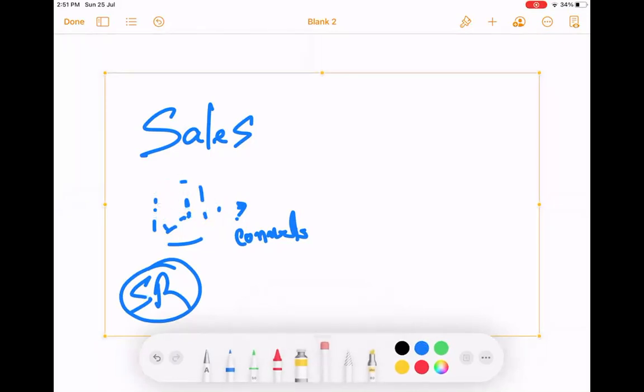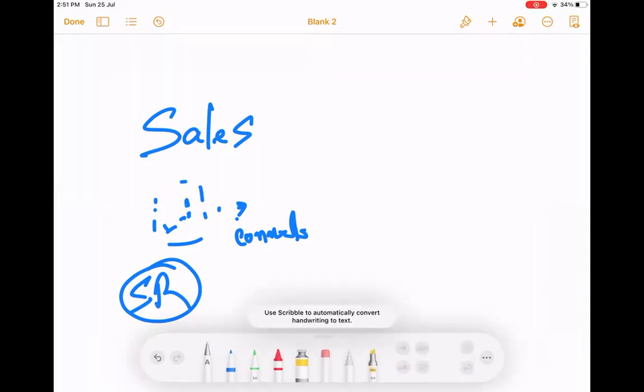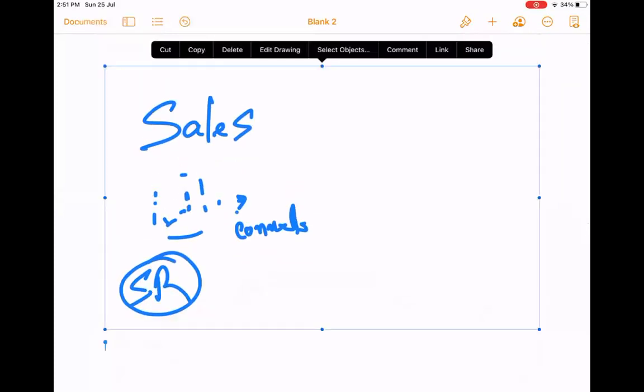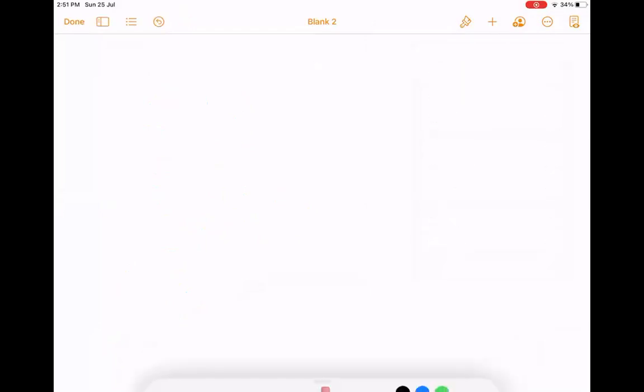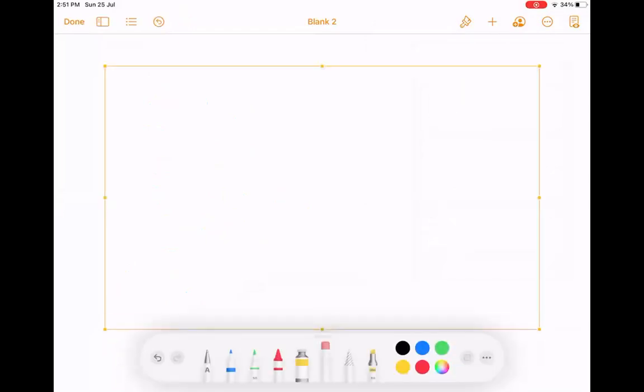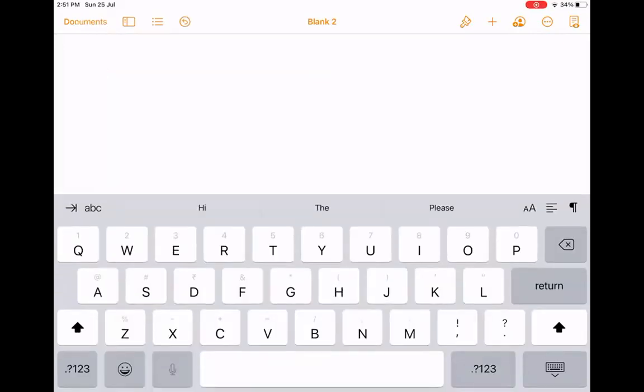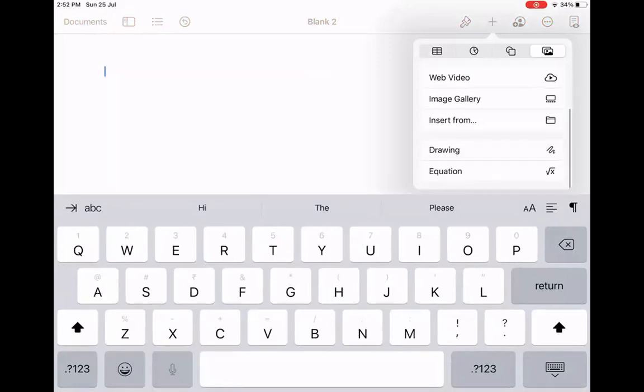Let me do one thing. I will switch to the pen tool. I think that will be easier to read. But I cannot erase that. That's the problem.